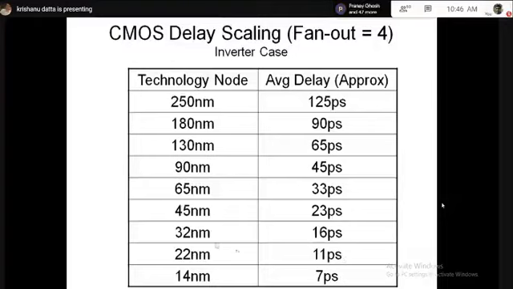Or if you work in a 32 nanometer technology and get an average delay like 90 or 100 picosecond, you know something is obviously wrong. So this type of benchmarking is very, very important. Depending on technology, you should have a certain range of delay operation, and this type of table really helps to calibrate or understand that what you are doing is actually right. Okay, so this is a very interesting picture to remember.